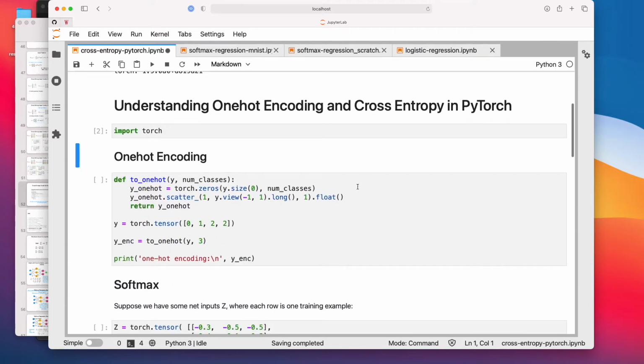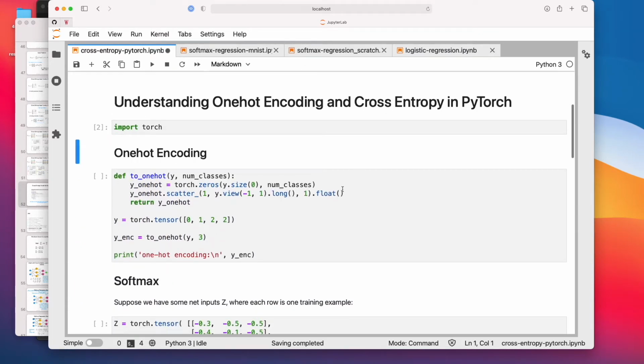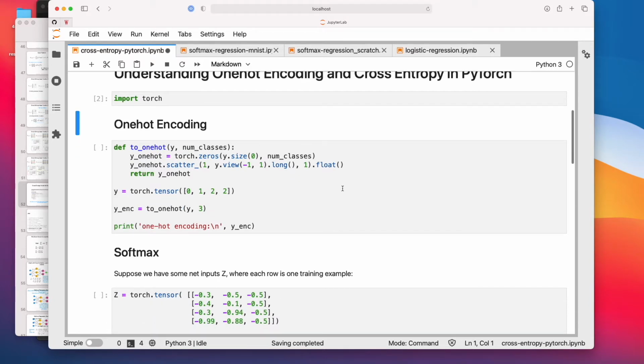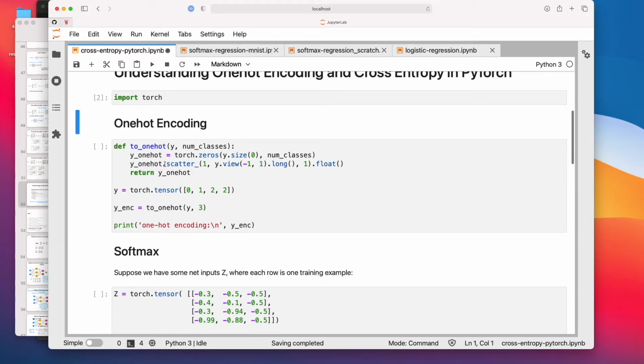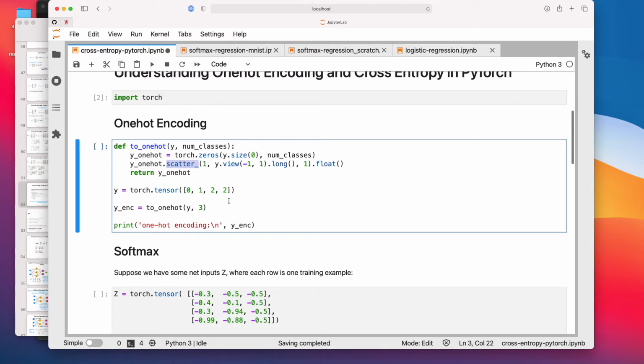So here I have a function for implementing the one-hot encoding in PyTorch. It looks a little bit arbitrary with this scatter function. I don't really need to go over this because I think there is no other context where this scatter function is really that useful. So you don't have to really memorize how this works. If you ever need a one-hot encoding yourself, you can just copy and paste this function. It will do it for you.